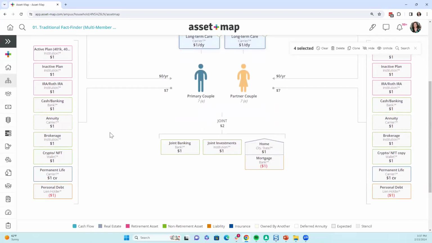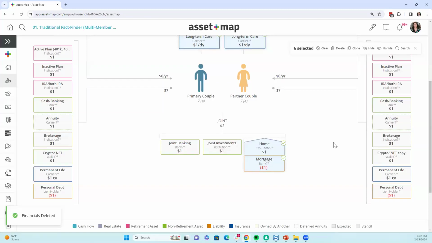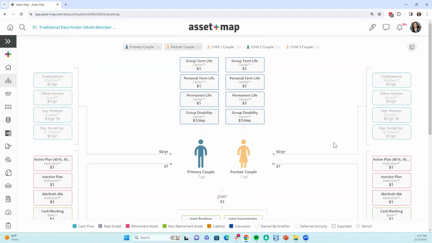Okay, but I could come in here and I could make some edits. Nine out of ten times I might already have their home and mortgage information, so maybe I don't want these placeholders. Just bear with me for the example. Okay, I can delete those. Now I just deleted these pieces permanently from this copy version of this stencil,